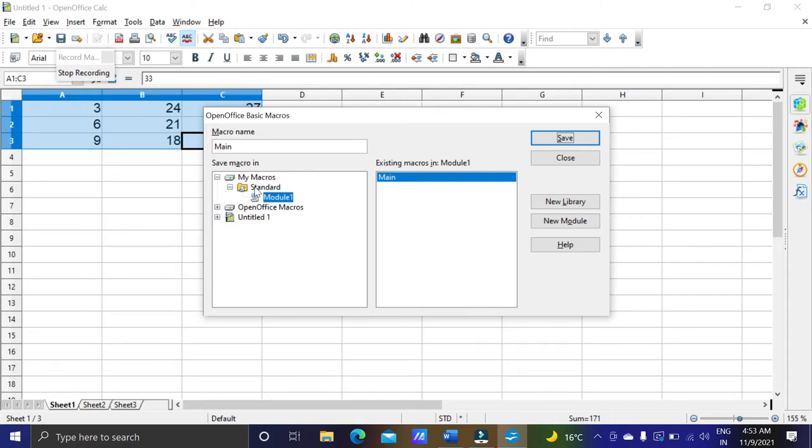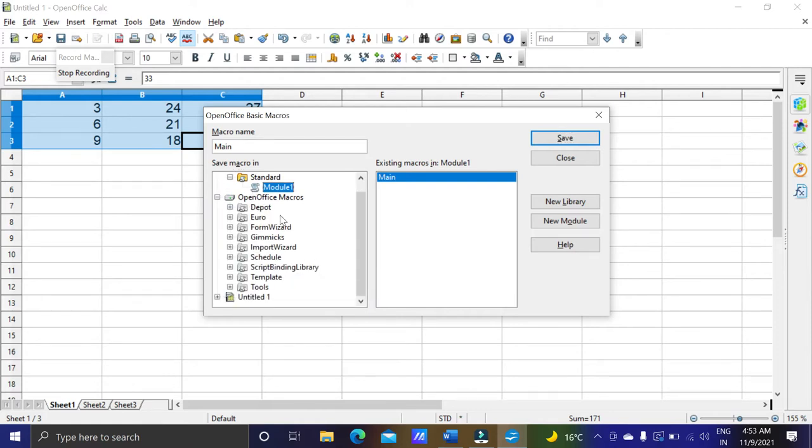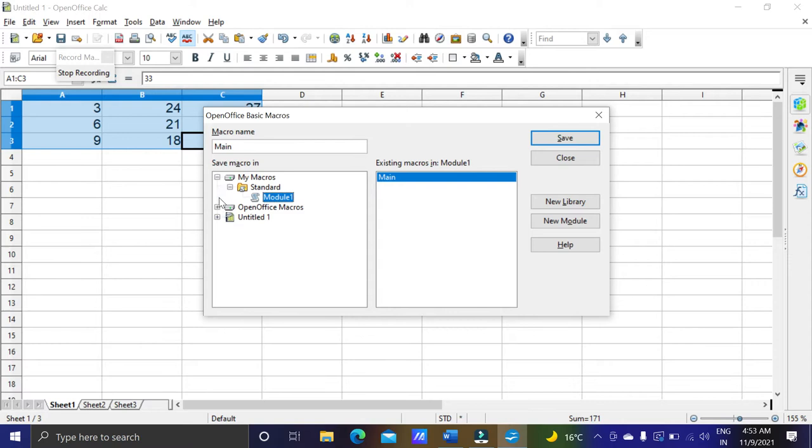So these macros are available for every spreadsheet. If I create one macro, then every time I want to use it, I can use it in multiple sheets. But here if I save it, then I can use it only in this file, meaning this spreadsheet only. If I open a new spreadsheet, this macro will not be available. And these are OpenOffice Macros, which are special macros for OpenOffice.org. We're not going to select this. These are very important macros.